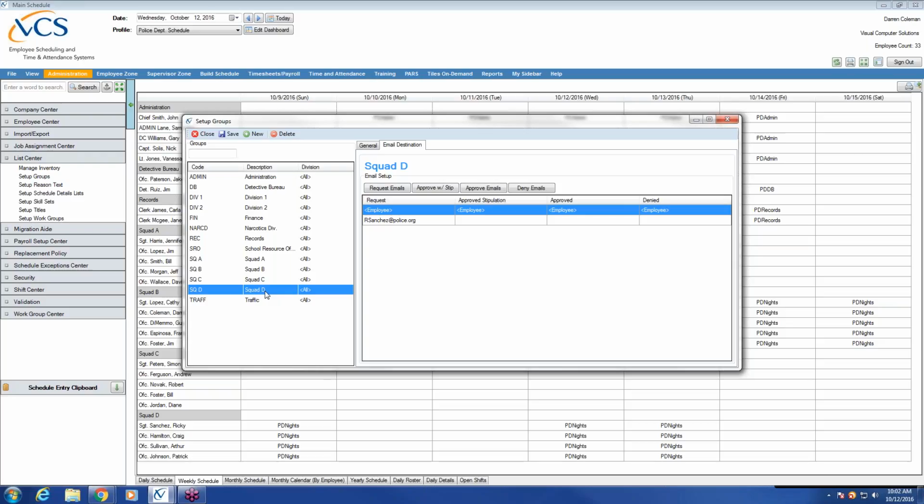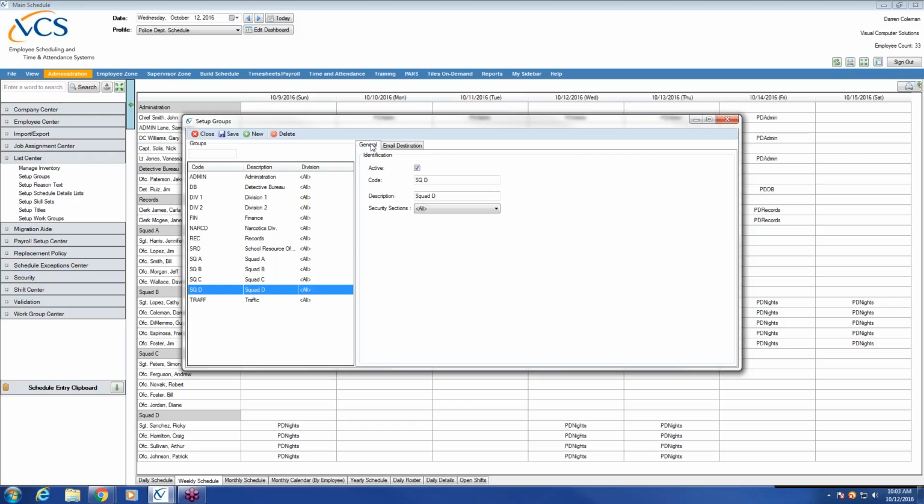Now, you're not going to be able to set email defaults just yet because you don't have your employees entered into the system. The only reason why we're looking at this is because, again, we need to create groups, and now you should have a better idea as to how they're utilized in the system. So let's click on the General tab again. And to enter a new group or squad, click on the New button up top